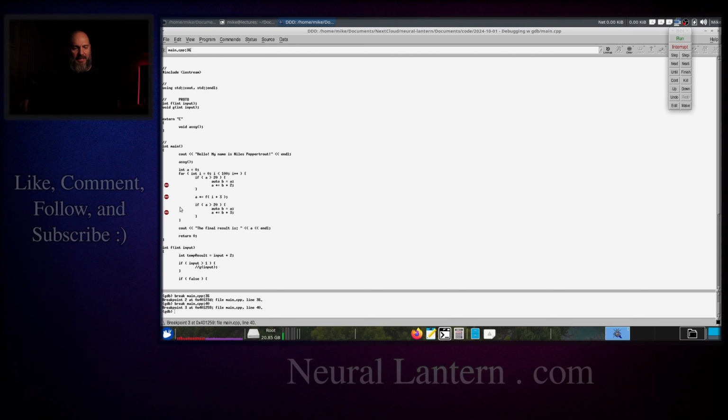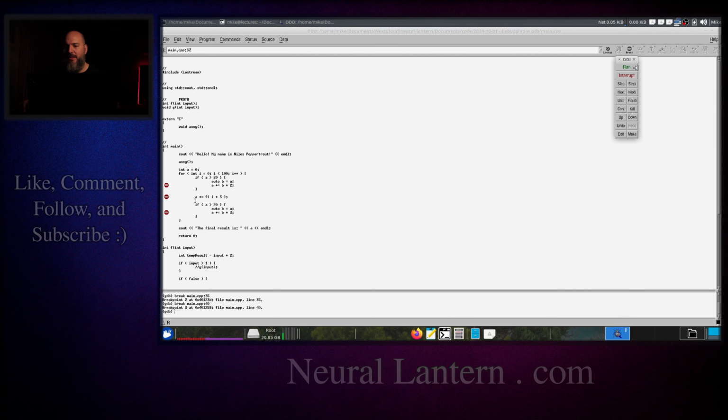And you can reset the execution position if you're absolutely sure you know what you're doing. You can have your program skip an area and jump somewhere. And then once I've set up my breakpoints, I can go up here at the top. This is the, I forgot what window this is called, but I can basically hit run,